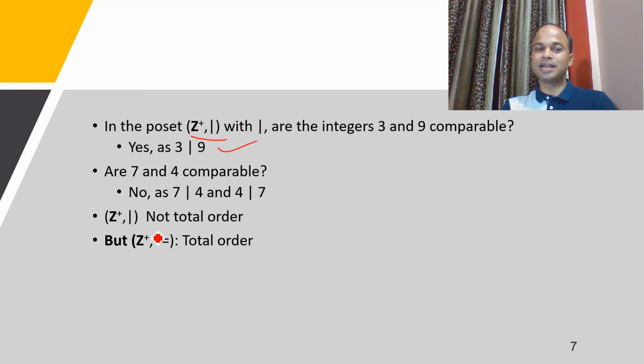If we are taking another example, say Z with respect to less than equals to relation, then elements will be comparable. So in this case, if we are taking Z with respect to division, then our set is not totally ordered. If we are taking Z with respect to less than equals to relation, then our set with this relation will be totally ordered. So in this way, we can define total order set or not total order set. So this is all about the total ordered and partially ordered set.